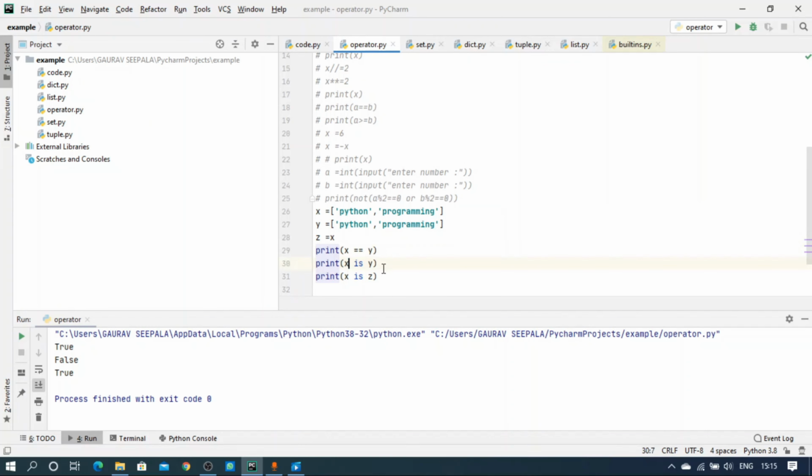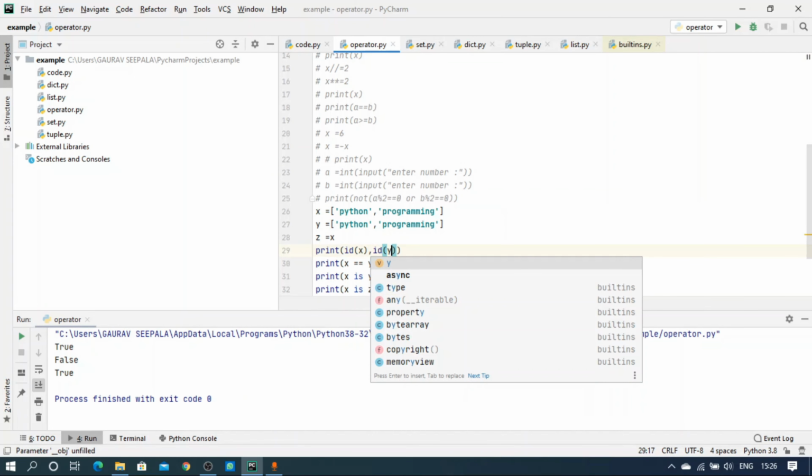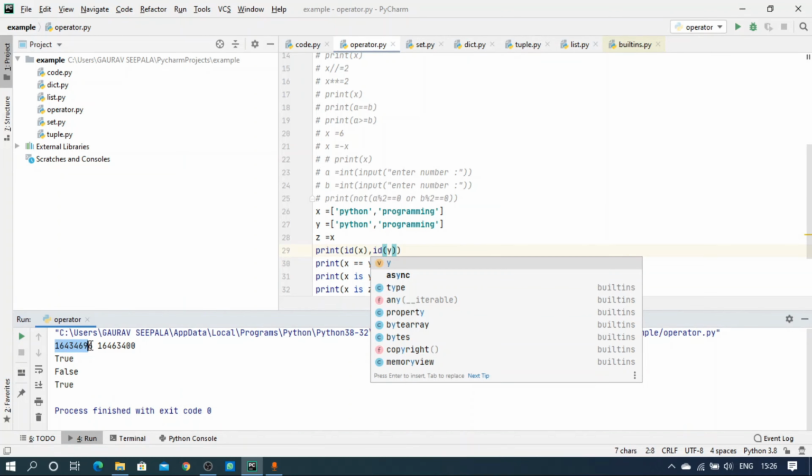So let's see the IDs. So let's run this. Here we can see we got two different IDs, so these are two different objects.